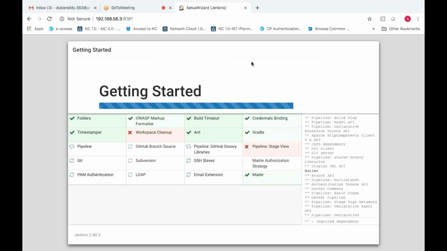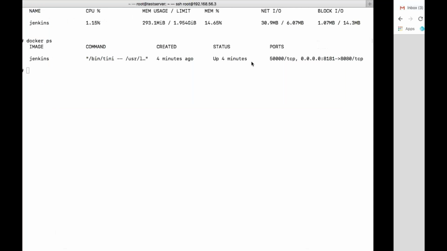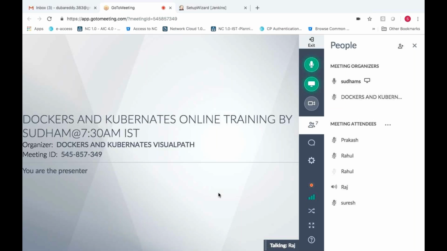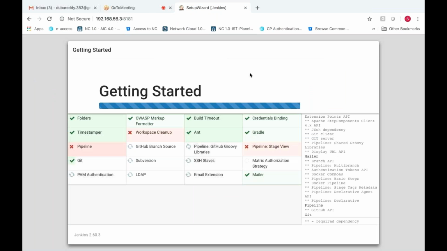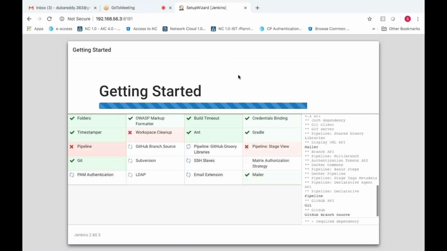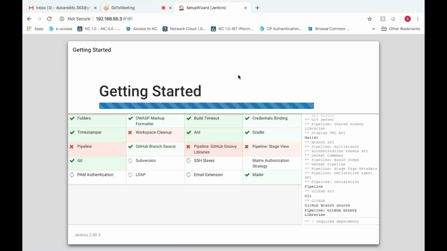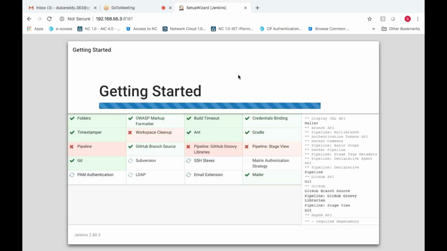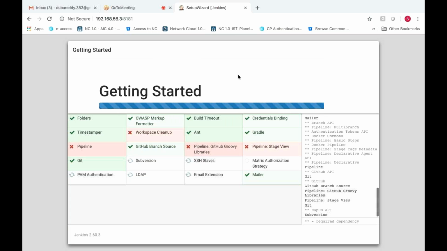Hey Sudham, this is Raj here. Hi, Raj. Hey, this is my first class. I'm trying to catch up with you on this. I'm not sure whether I'm getting this right. Can we have the discussion later? Because we are trying to step into DevOps, and in our office, we are trying to get Kubernetes with Git. So I'm trying to understand because you're going on with Docker.